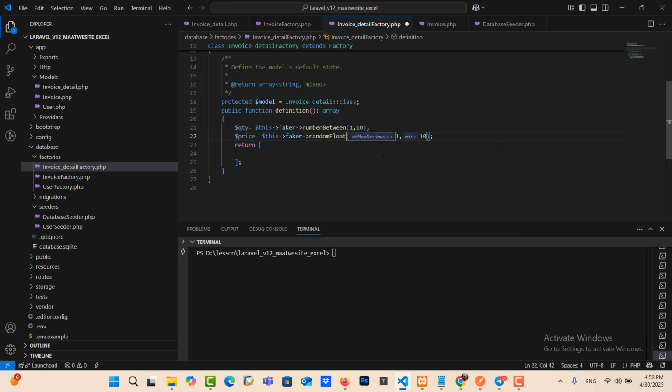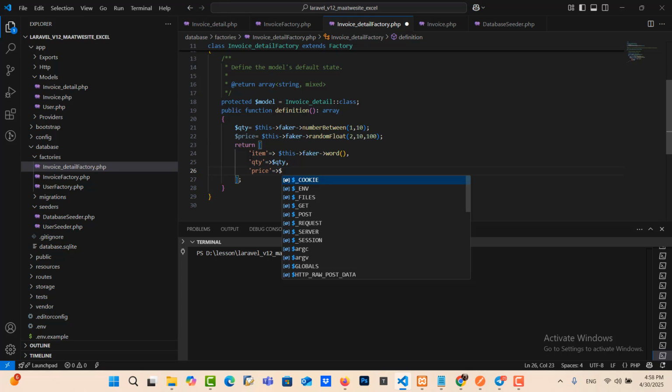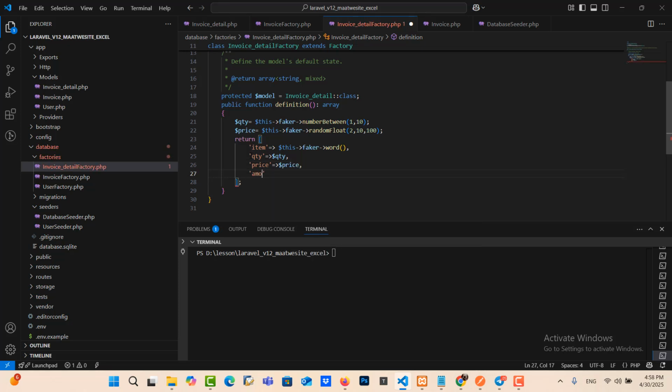We need random floats. Okay. Item. Qty and then price. And we need amount. We need qty multiply price.